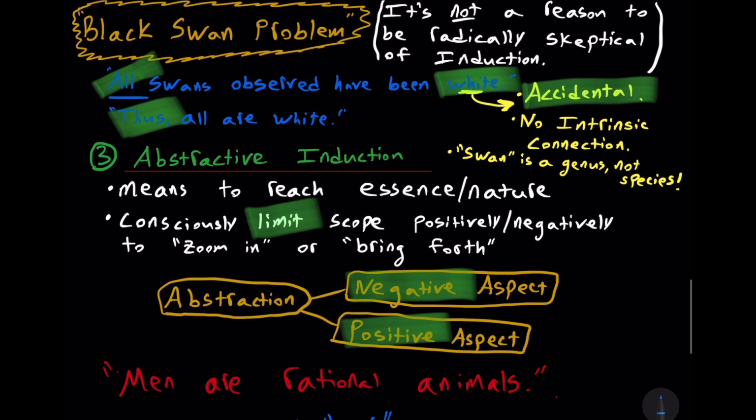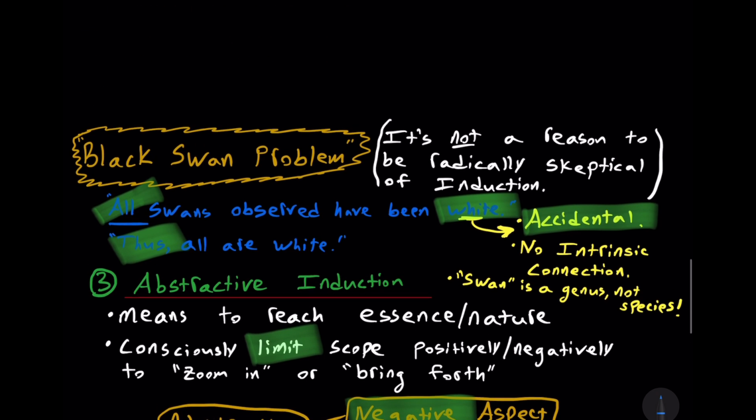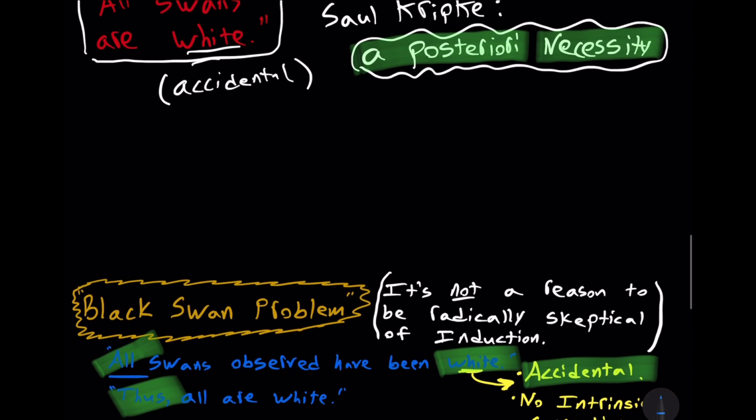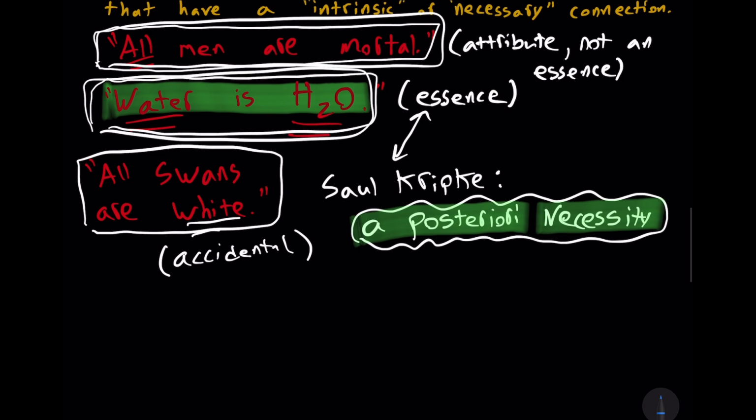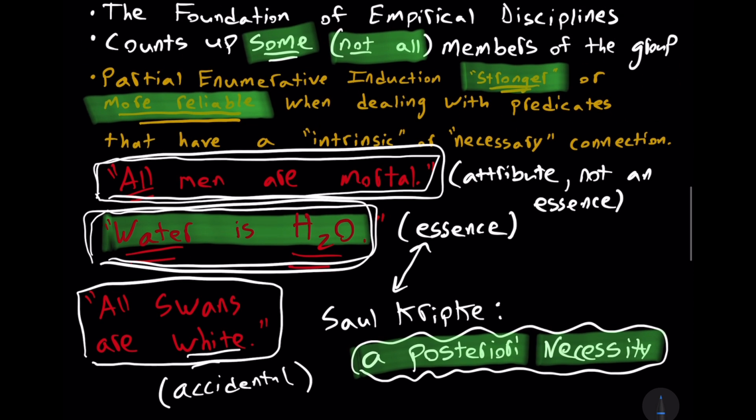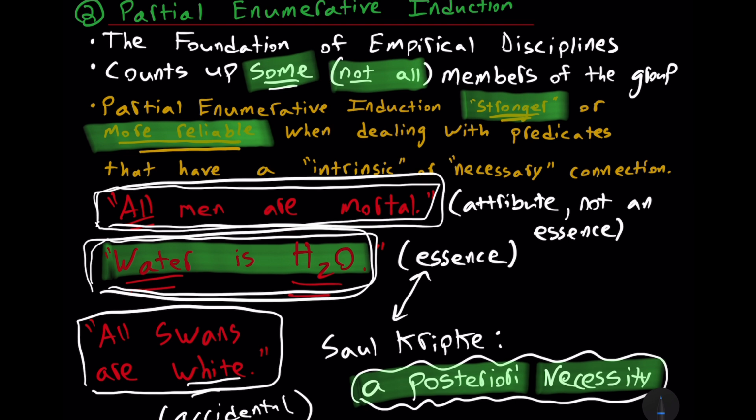And this also directly ties into partial enumerative induction. We rarely observe all things of a particular kind of thing or a class of things. Still, we can generalize to think about that class of things. As we previewed, there are kinds of partial enumerative inductions that are stronger than others. When we're thinking about, say, the nature of an electron as such, or water as such, we're on extremely strong grounds to generalize with a small sample. Other things, such as an accidental feature of things, is less strong as a type of induction and is so better with a larger sample to then infer about the population as a whole.